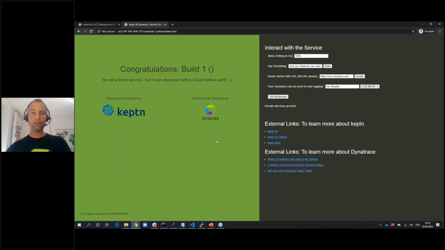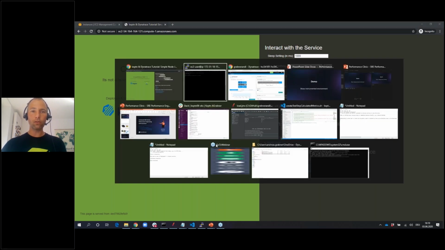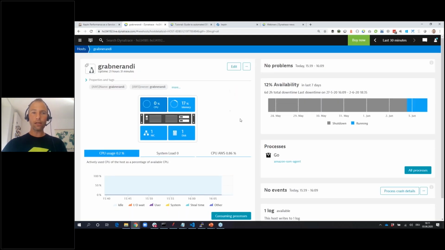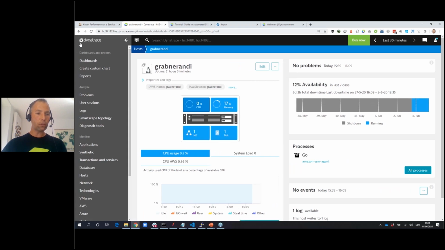So this is, as I said, I'm not that proud of my app, but it does a good job. It's a Node.js app. I just launched it. And thanks to me having the Dynatrace OneAgent installed on that EC2 machine, it's automatically monitored. Nothing else I need to do. It's fully monitored. And to show you what this really means, I have my host here. If I go over to transactions and services,